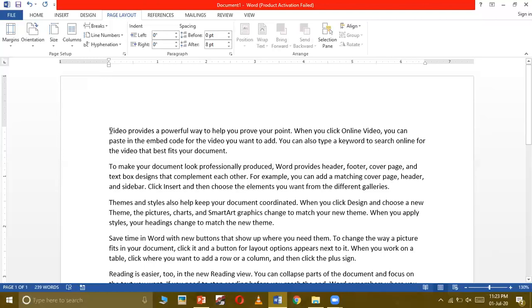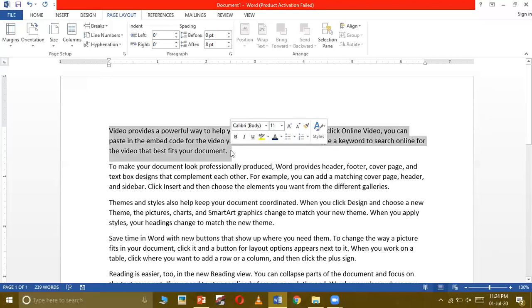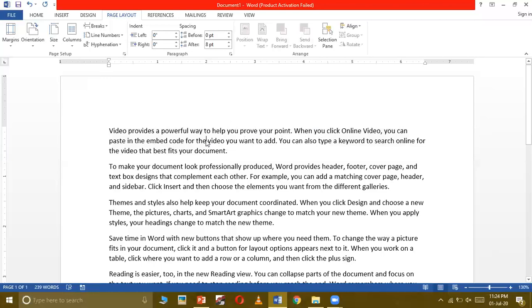Now for applying an indent space, first you need to select the paragraph in which you want to apply the indent space. Selecting the paragraph doesn't mean you need to select it by clicking and dragging the mouse pointer like this. You can just bring the typing cursor in that paragraph. Anywhere, your paragraph will be selected. Even you can do it like this also, but that is not required. Both will work the same. So first select the paragraph.